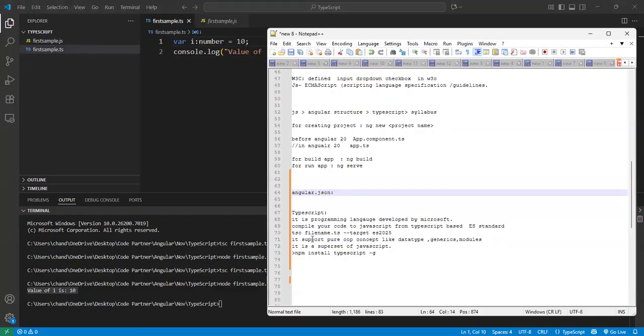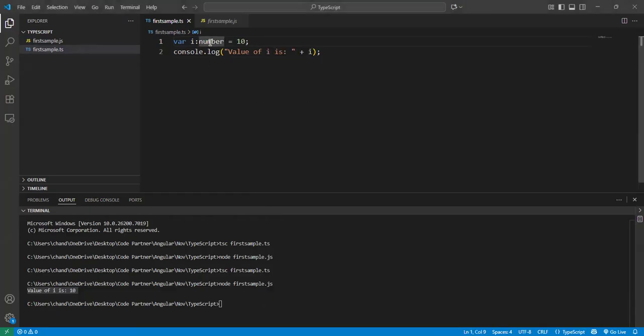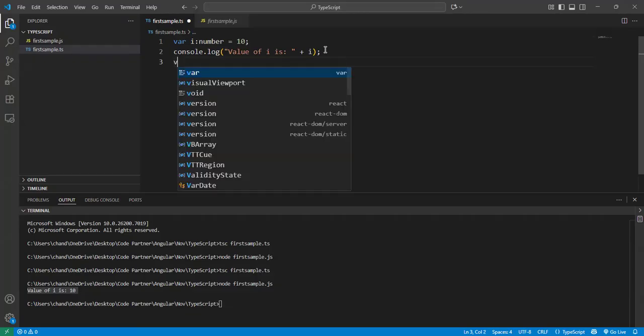This is a definition here. It supports concepts like data type. Okay, the first one is clear: data type. So we are assigning a data type here, but in JavaScript there is no need to assign the data type. So again we write var str: string is equal to